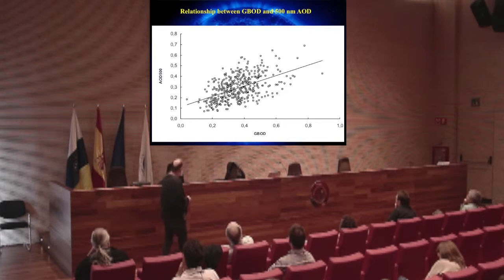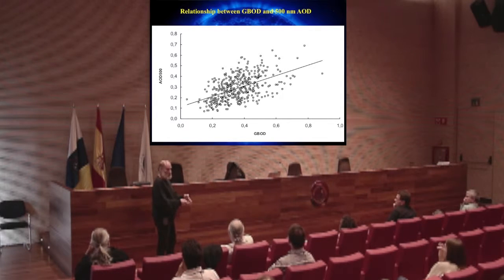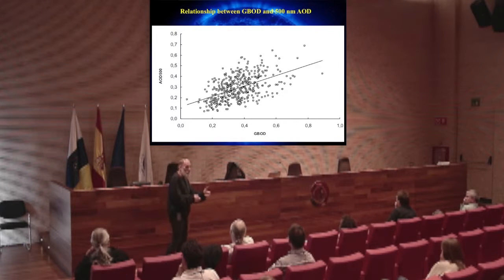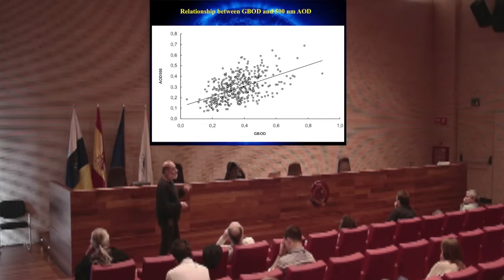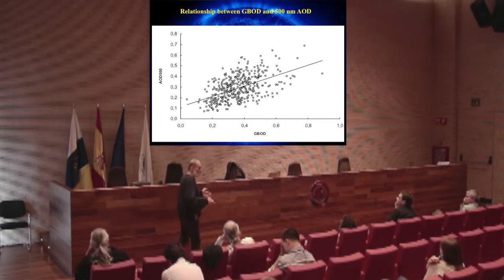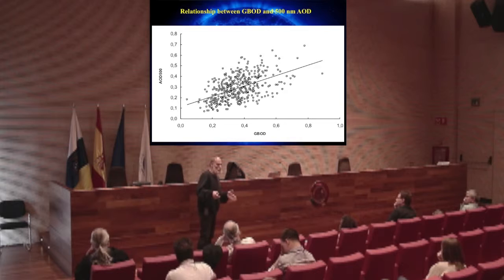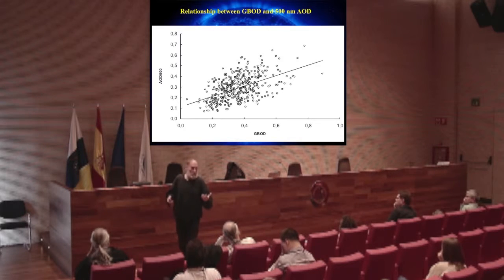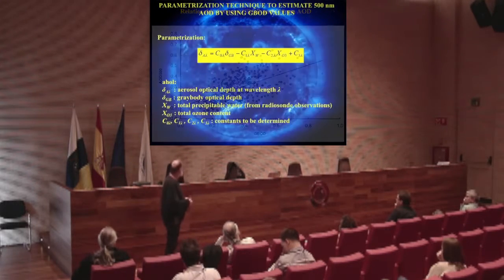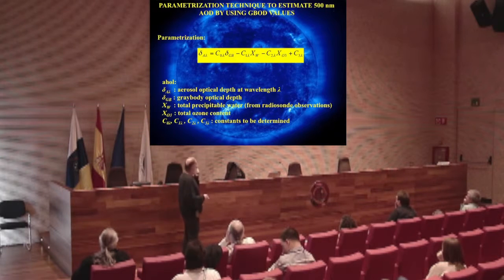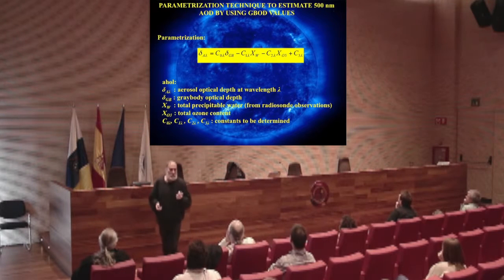The idea was that the dispersion of the dots may be because the aerosol optical depth is almost only for the aerosol, and the gray body optical depth contains several other absorptions, mainly from ozone and water vapor. So the idea was that we made a parametrization